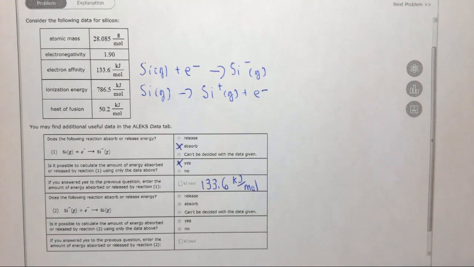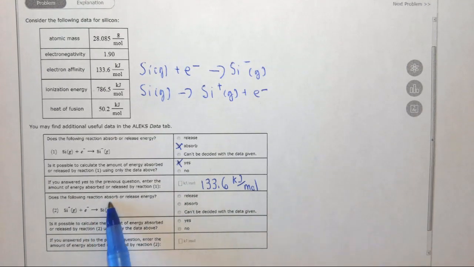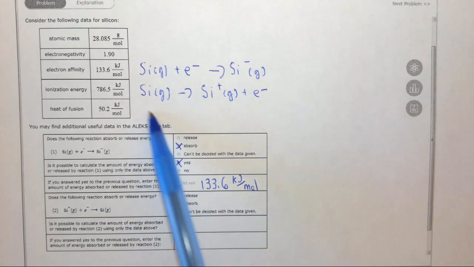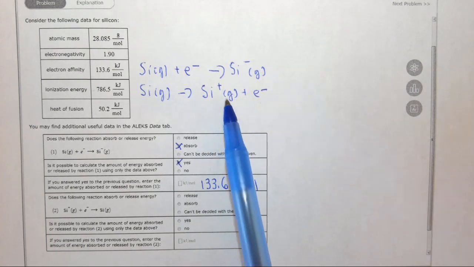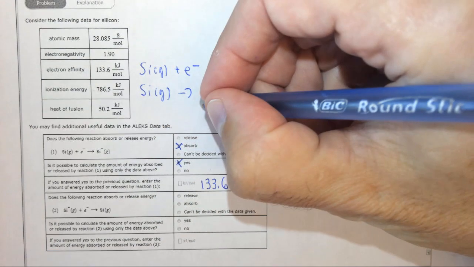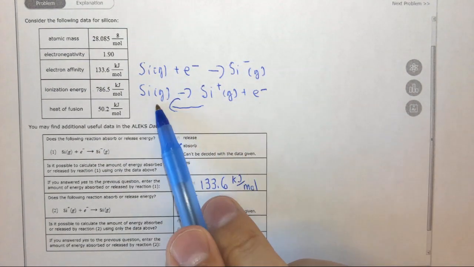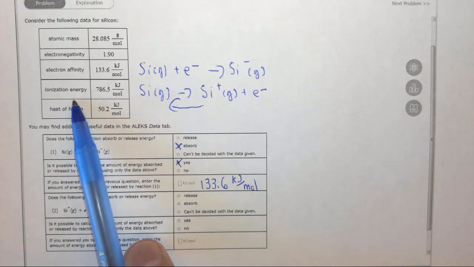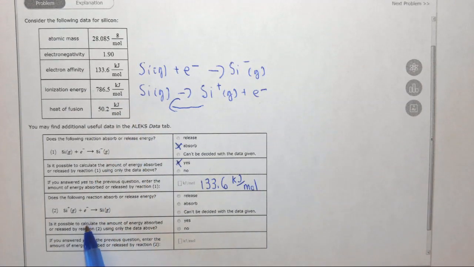The next question is a little bit trickier. It says, does the following reaction absorb or release energy? And we have Si plus an electron yields Si. Neither of these reactions are that. However, that is the opposite of this reaction. If we were to write this reaction in this direction, we would get Si plus an electron yields Si. That is this reaction. Well, if the ionization energy is 786.5 kilojoules per mole, if we do the opposite